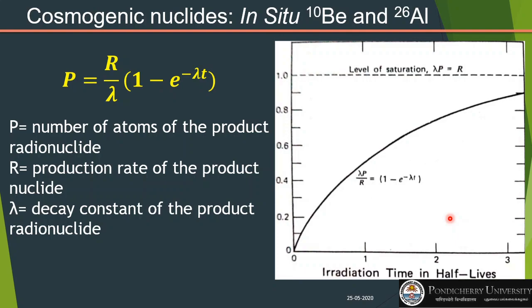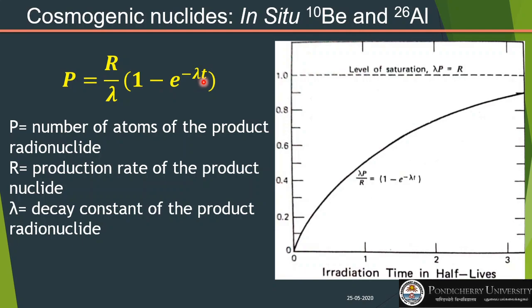So basically one can write an equation relating the production of cosmogenic nuclides. This P here stands for the number of atoms of the product radionuclide, like for example 10 beryllium or 26 aluminium, to the time. Now here the time T is the time of exposure, or the starting of the procedure of production of cosmogenic nuclides. That starts with the exposure of a material to the cosmic rays. And so that is why we will come to the concept of exposure dating in this way.